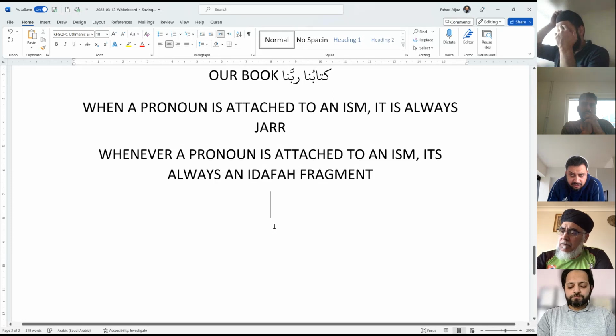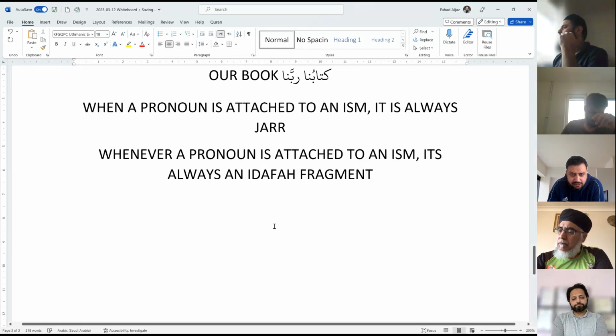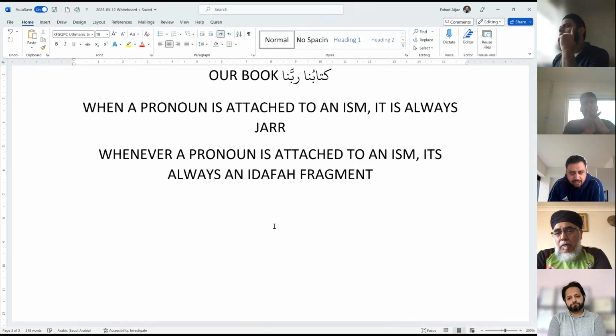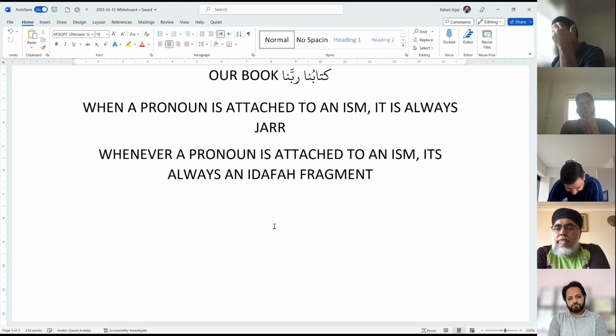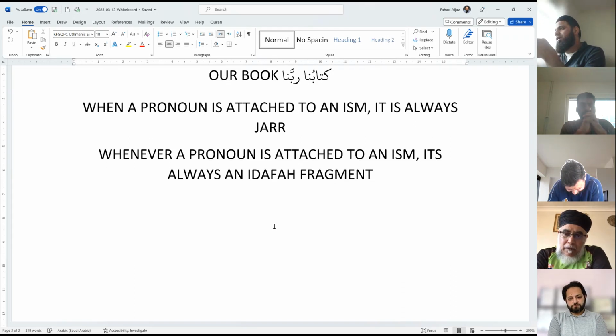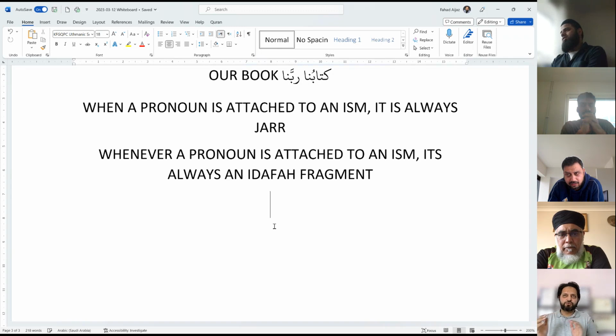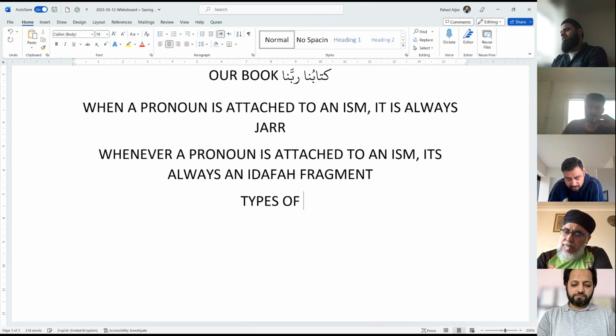And in the previous class, or some time ago, we studied this idafa fragment, right? And you said that there are many different forms of idafa, correct? One with the independent pronoun is also the same idafa that we studied previously, correct? Idafa is one grammatical concept. It is used in a few ways. Types of idafa. Let me just give you that visibility. I think it will help.